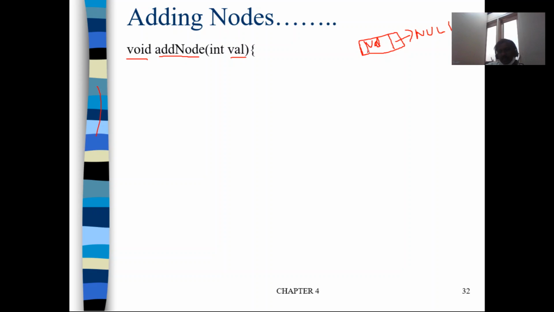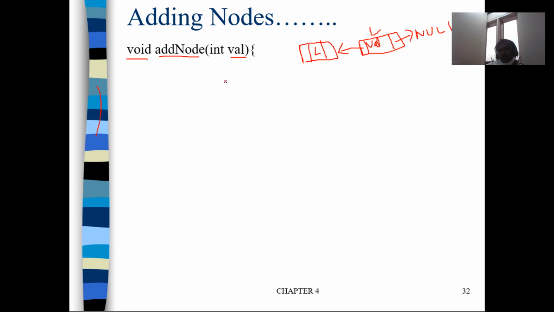And its previous pointer, since we are talking about a doubly linked list, will point to the previous last node. Previously, whatever is the last node, there the previous pointer will point. Now after adding this new node, this becomes the last node.